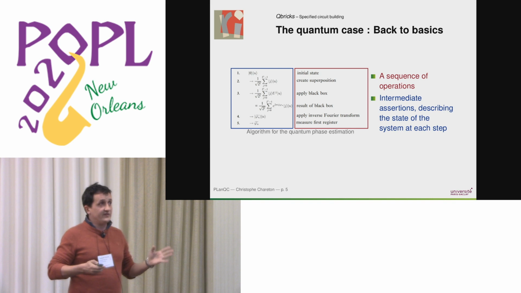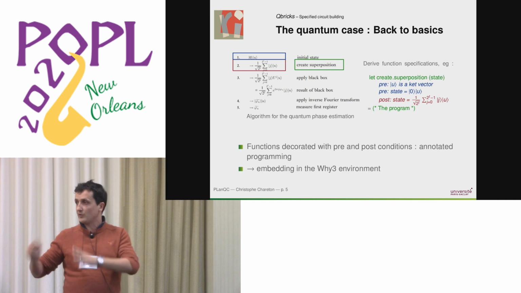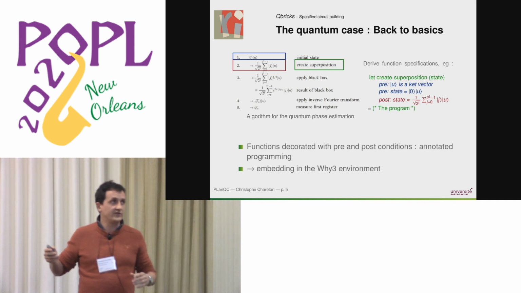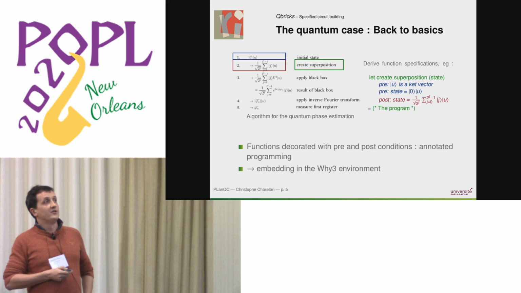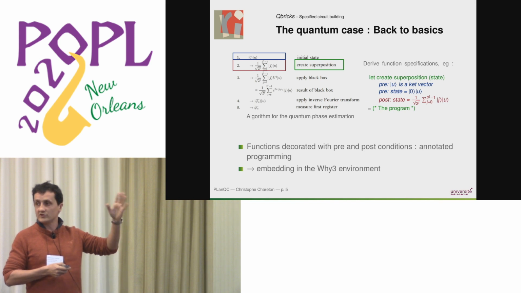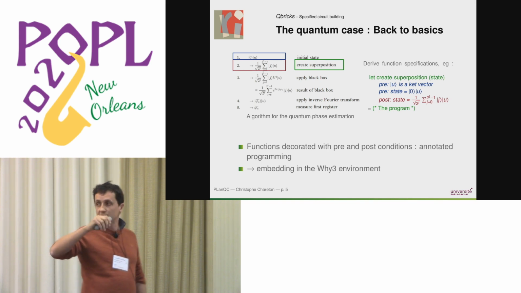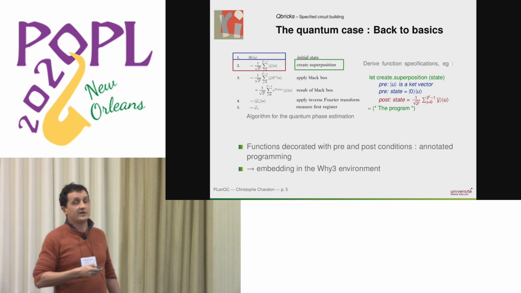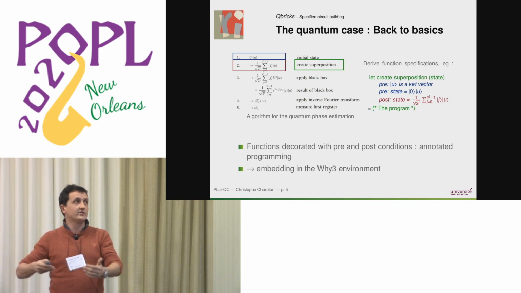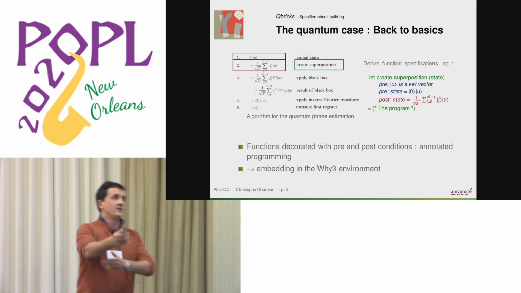And so this very specific format is very interesting for us because we can interpret it directly as contracts for the implementation of this algorithm. So for example, here, the function create superposition. We can interpret the elements from the left column as contracts saying that, okay, you can implement the function create superposition in any way, provided that if the input of the function satisfies this blue condition that we call a precondition, then you ensure that the output will satisfy the red expression, that is a postcondition.